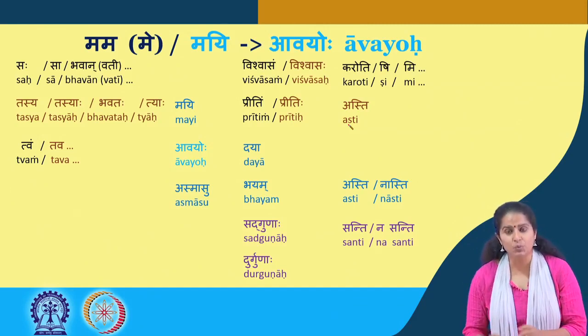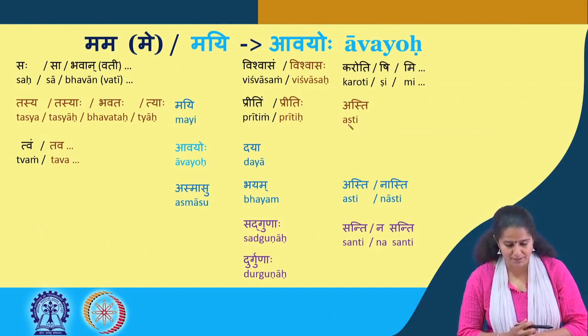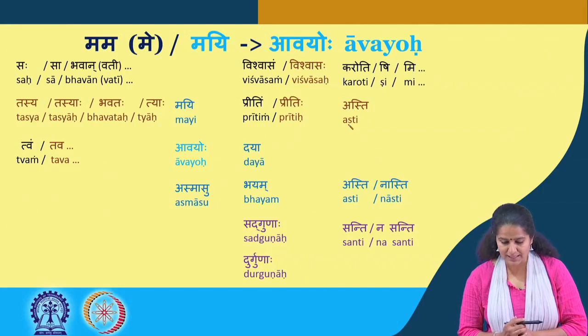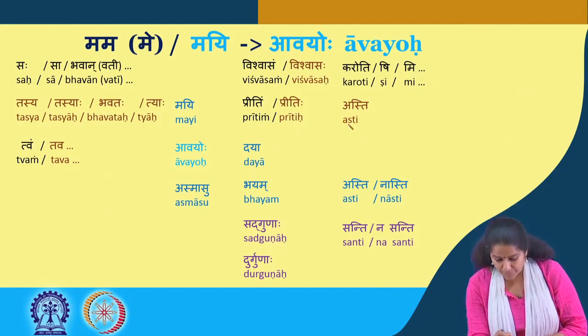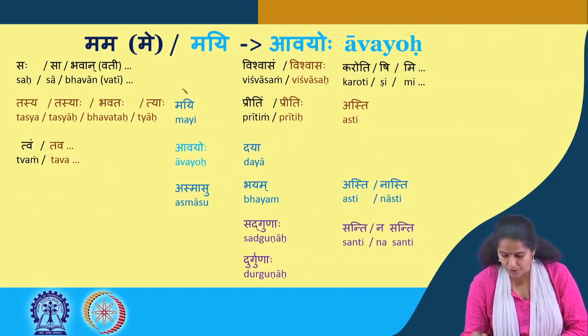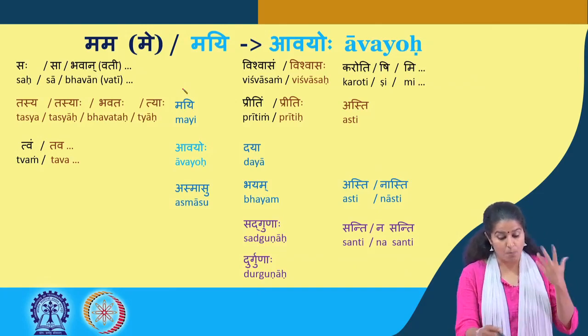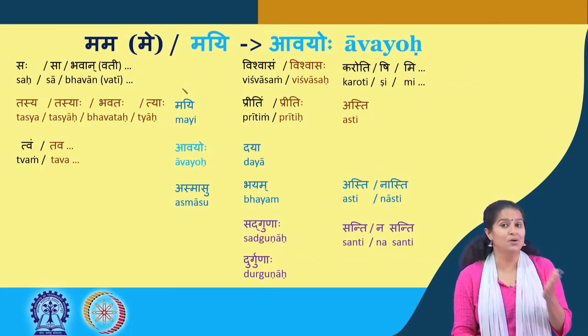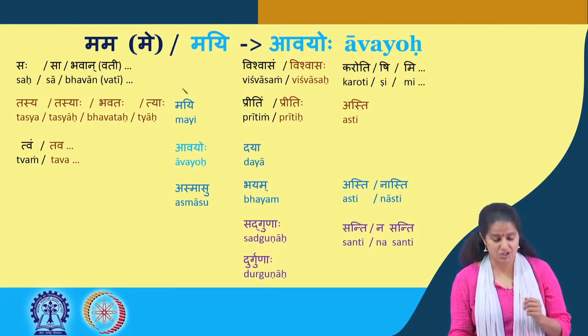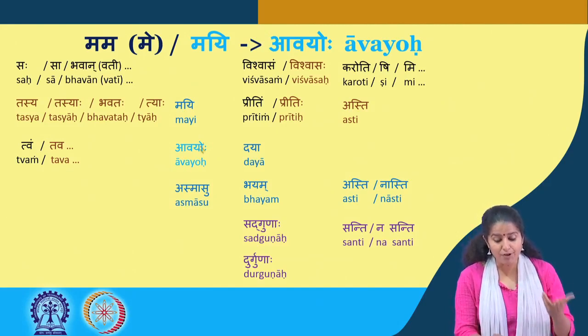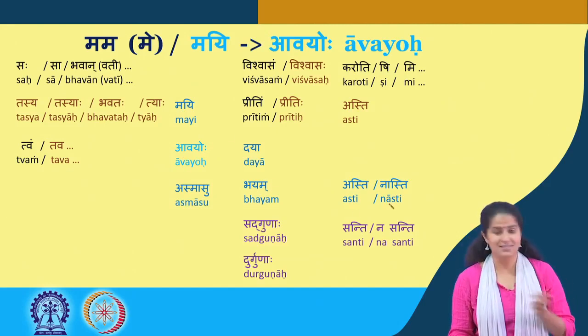Moving on to the next few words. So, there are a few new words here, and I was thinking let's just do it. These words are actually formed down here. All the blue ones go together. So, mai daya asti or nasti. So, there is compassion in me or not. Avayoho daya asti or nasti.